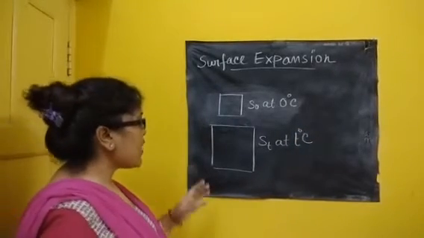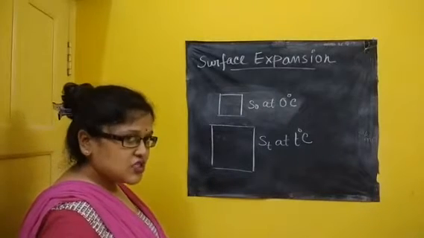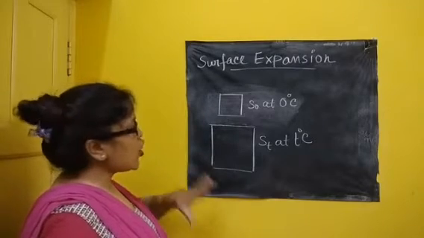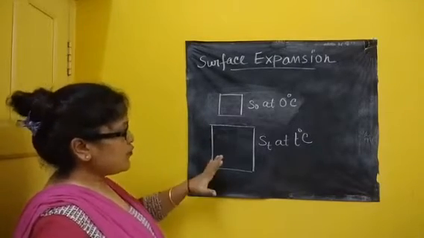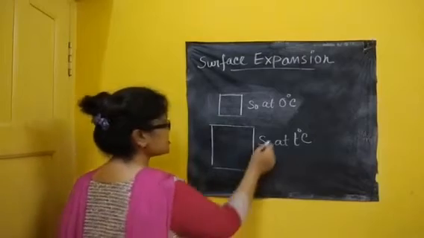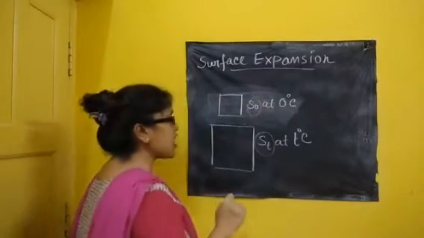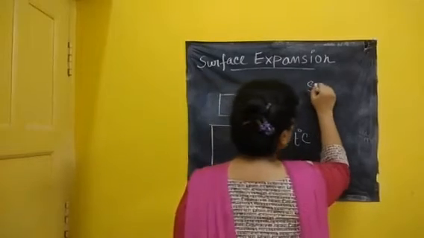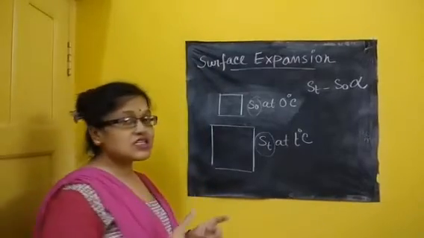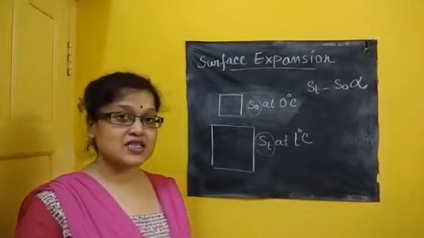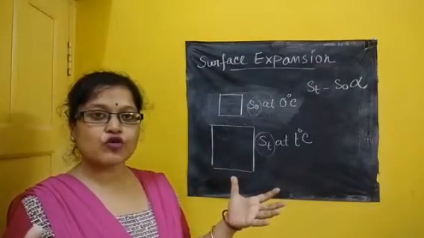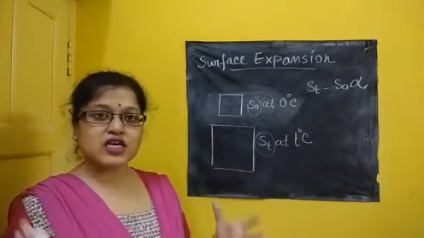When heat is supplied to the substance, its length changes as well as its surface area. So just like length, surface area also depends on a few factors. What is the change in surface area? This is the final surface area, this is the initial surface area. So the change in surface area, St minus S0, will be proportional to what? Proportional to the initial surface, for the same cause I discussed there. More surface means more molecules, more change in intermolecular space, more amount of change in surface area.